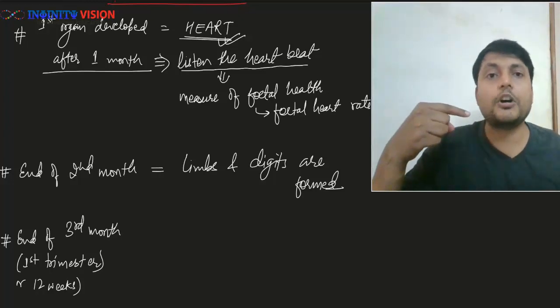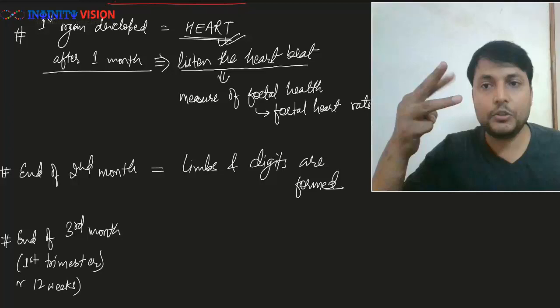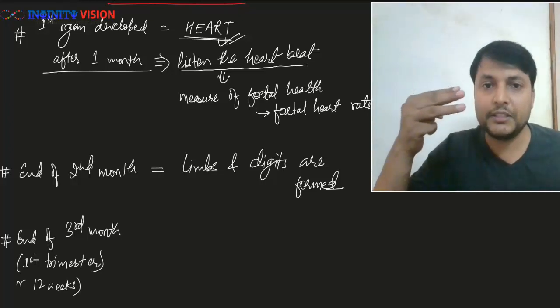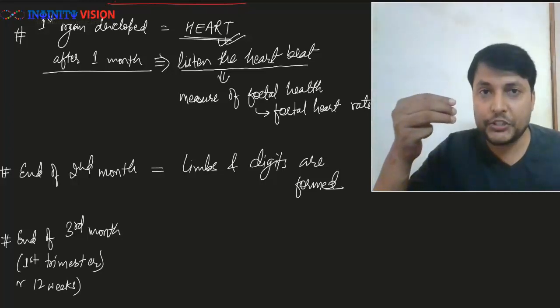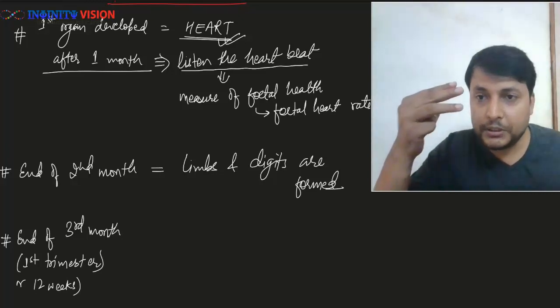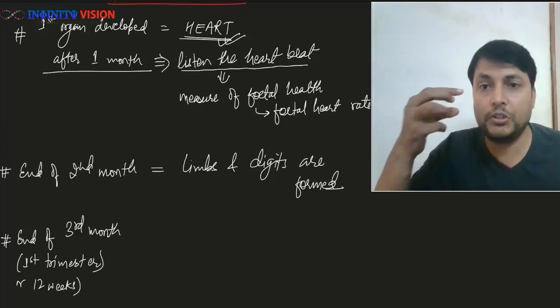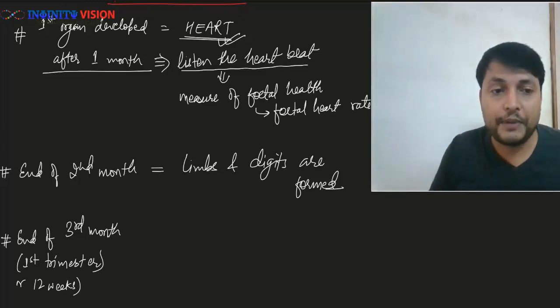Trimester, because each part consists of 3 months, right? So these 9 months are divided into 3 parts of 3 months each, and they are called trimesters: first, second and third trimester. So by the end of the third month, that is by the completion of the first trimester or 12 weeks, what we